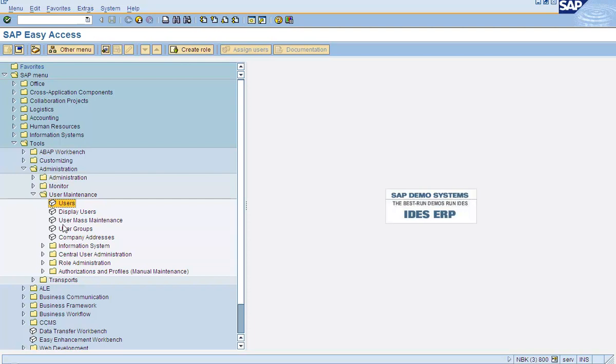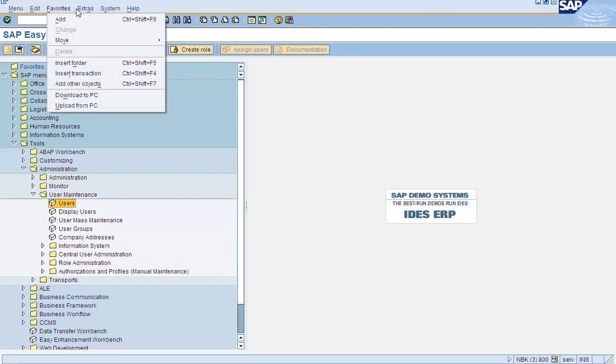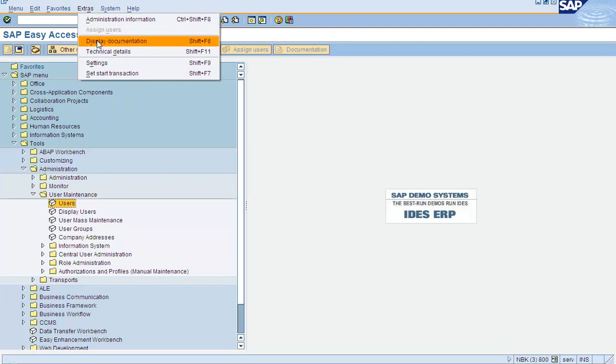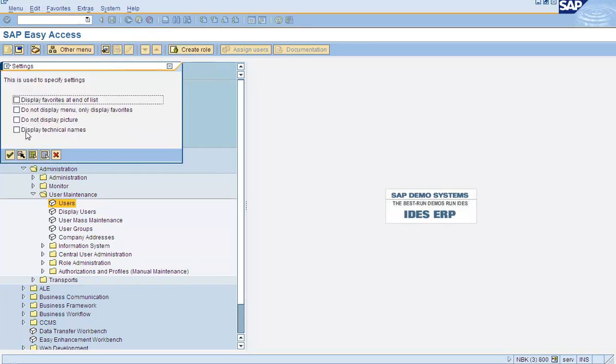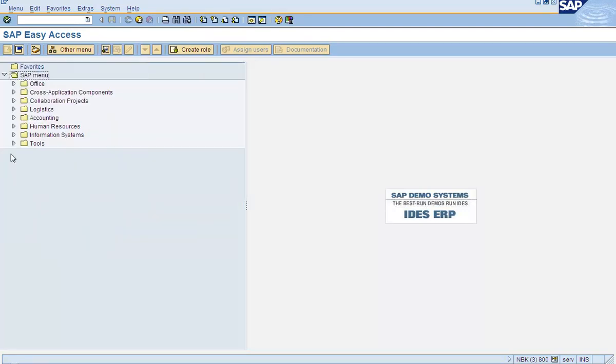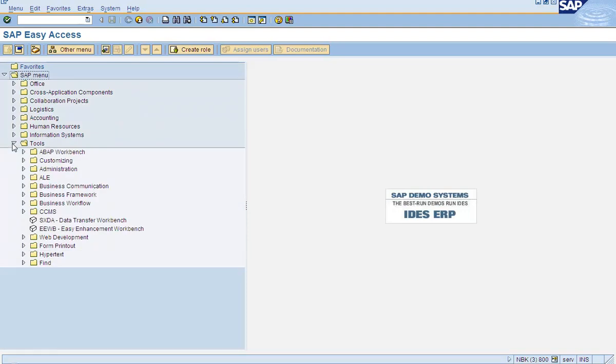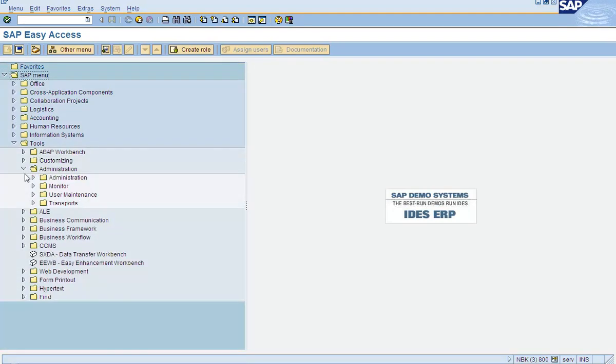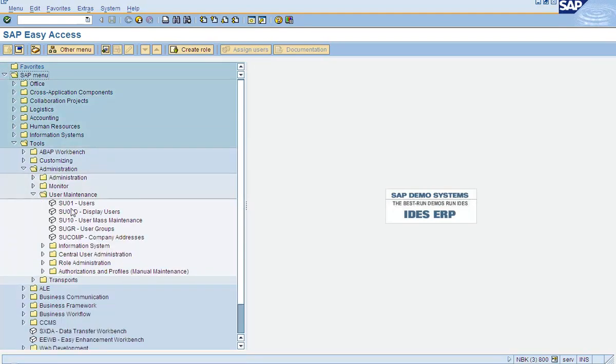So to display the technical information, you go to extras, settings, and say display technical names. Now you go to any item, it will display the technical transaction code of that description.